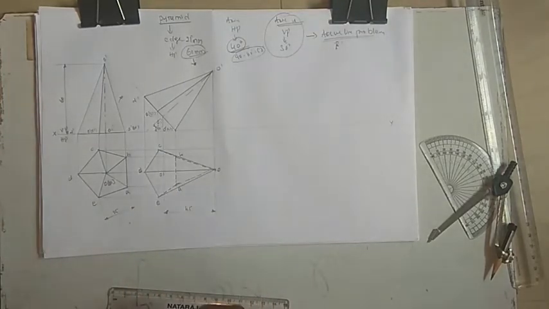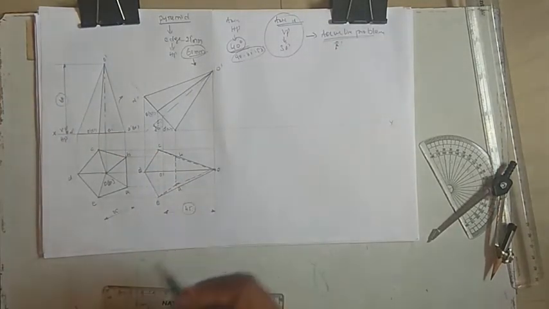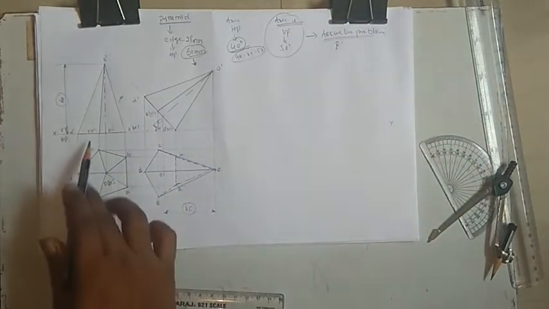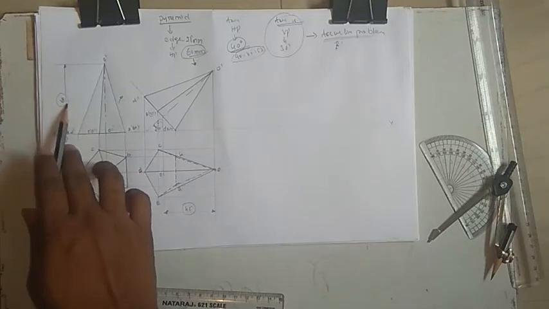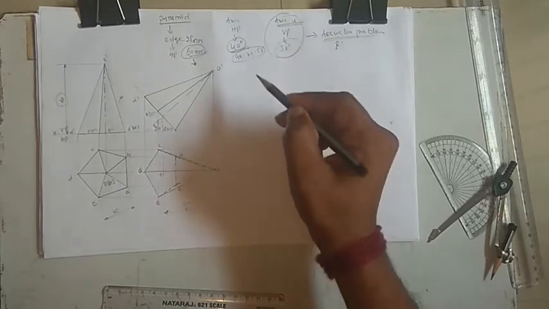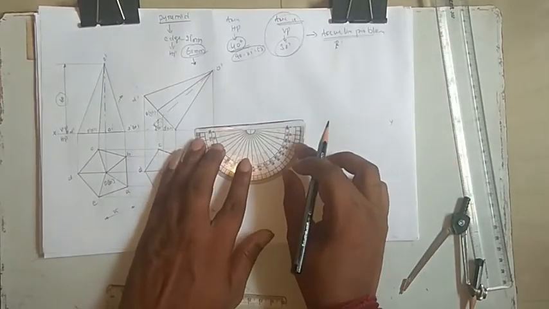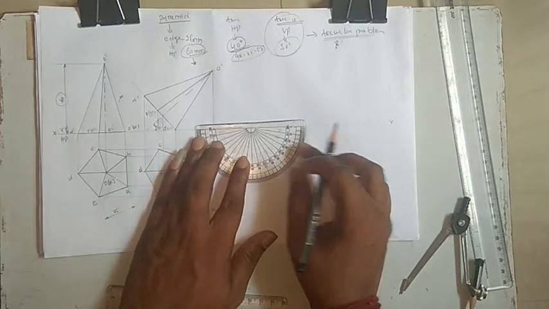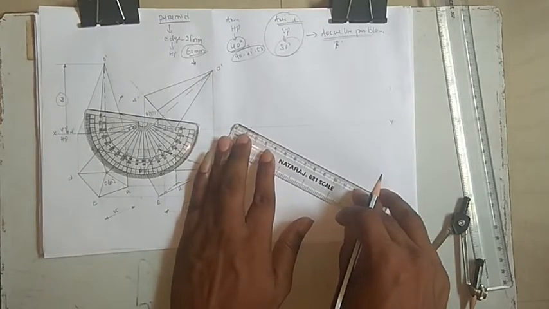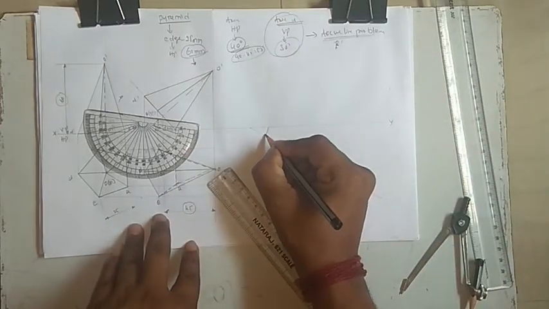Right, so now we have the first axis length as 60 and the second axis length as 45. Okay, so as we said, it's a locus line problem because the length of the axis will change from the first to the second position. So now they have given it is inclined at 30 degrees. So first thing, take any one reference point. Okay, so take a 30 degree first. Take a 30 degree.